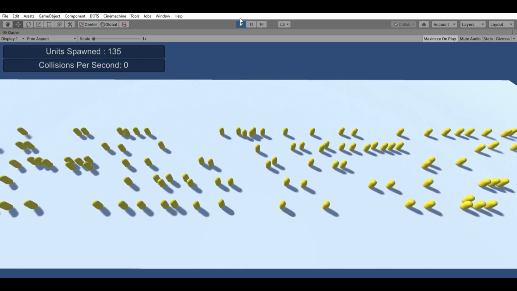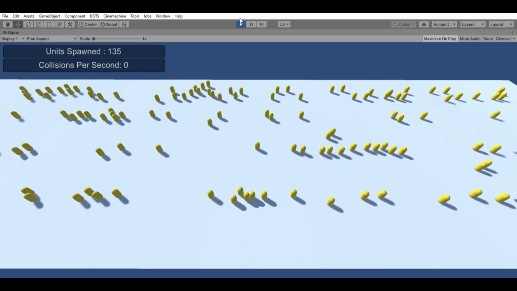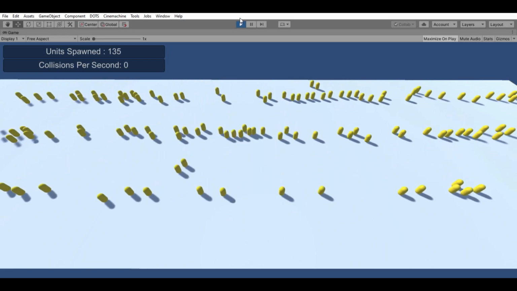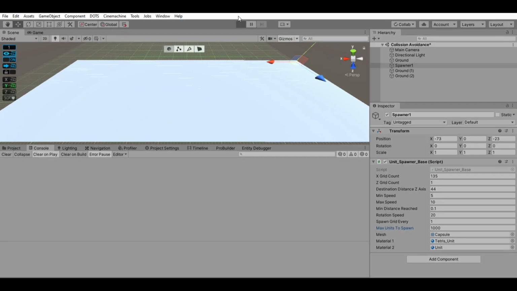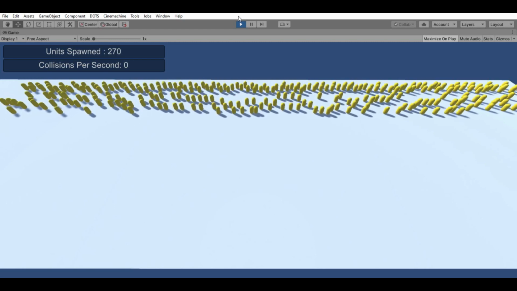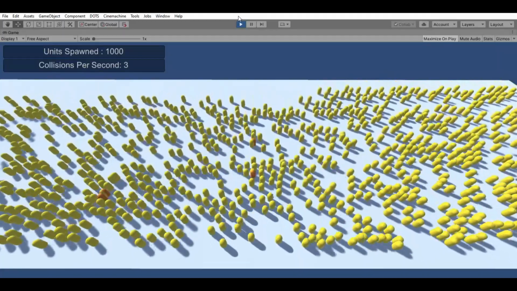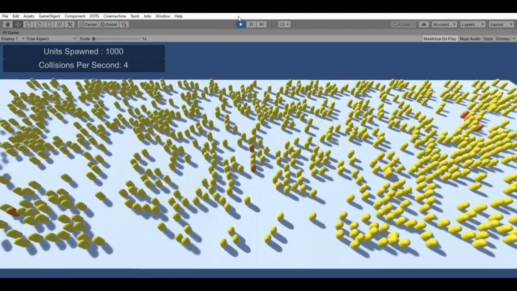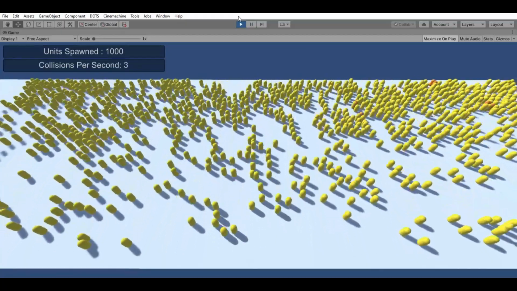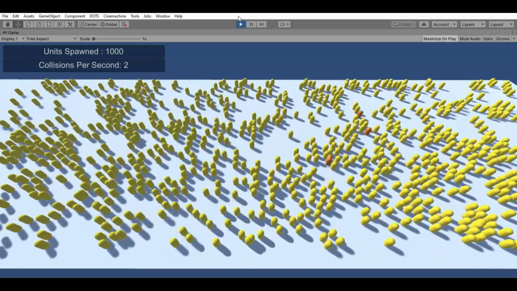To count the number of collisions, I introduced a Boolean parameter which will be set to true when the distance between any two units is too close for comfort. This way, I can highlight those units which engaged in collision, and they will remain highlighted for a second so you can see some blips, all of which are unresolved collisions. This calculation is repeated for every unit within a given cell.